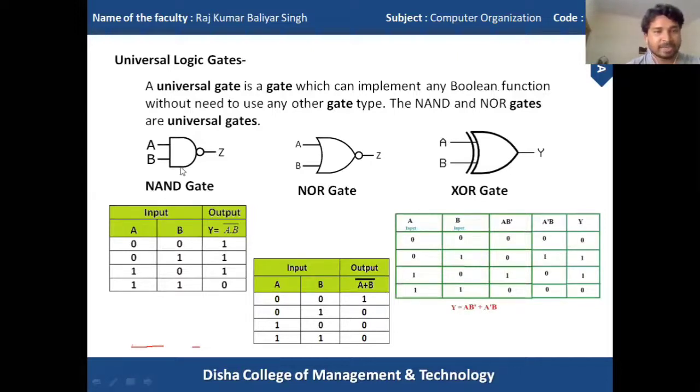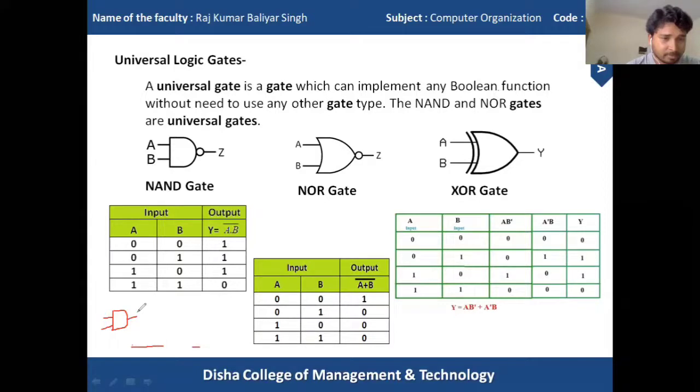So NAND gate is nothing but the combination of AND and NOT gate. Here I will draw this diagram. I can represent here this is my AND gate.